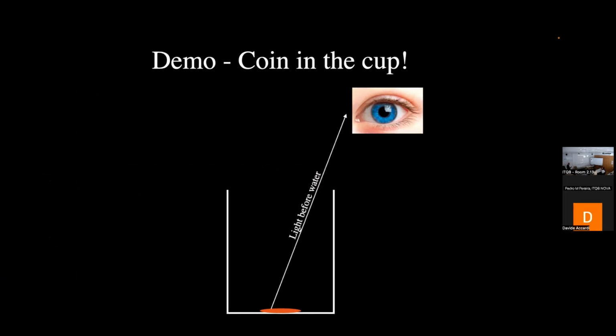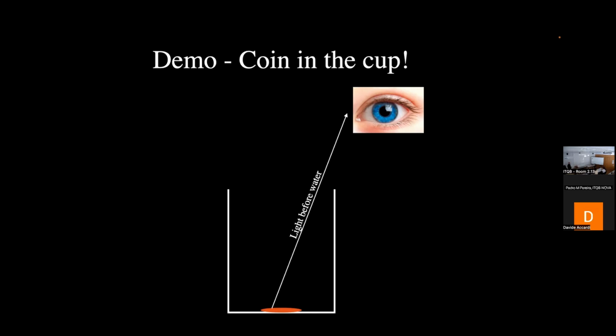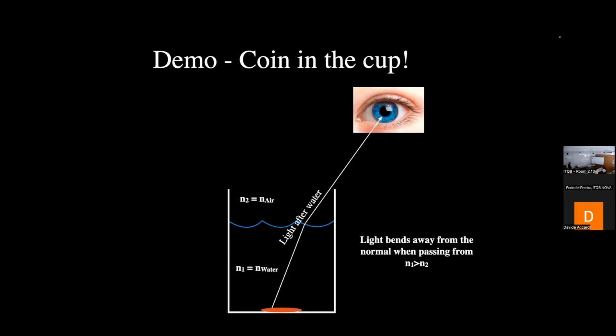Okay. So what we did is that we had our beaker or cup with the coin glued at the bottom, and we positioned our eye just far away enough to not be able to see the information coming from the coin, right? So you see, this light doesn't reach our eye. It's reaching just farther out. All right. Then we pour the water, and what happened was